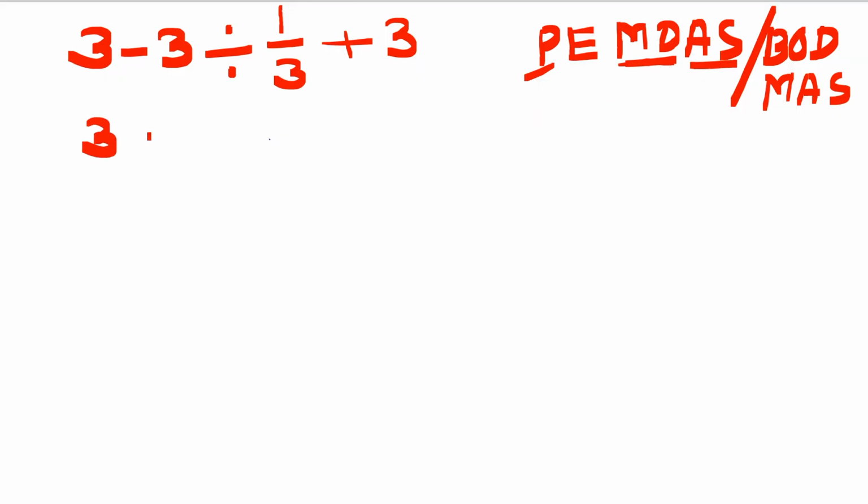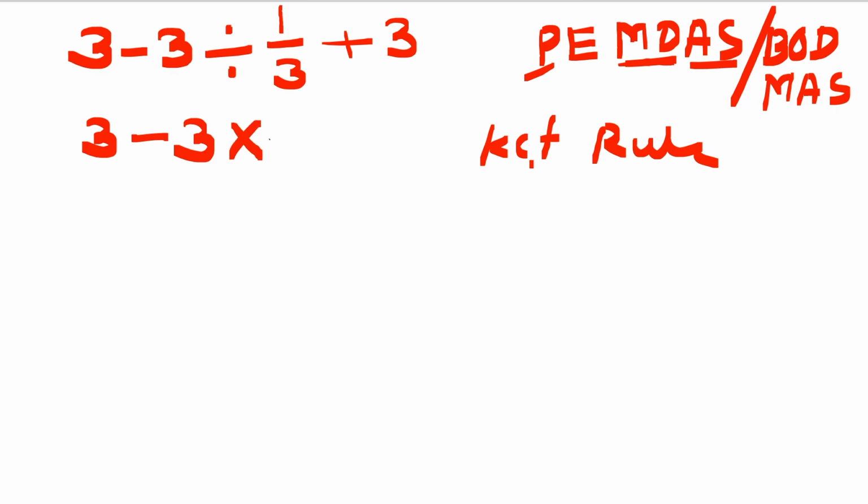So 3 minus, first we solve 3 divided by 1 upon 3. So we solve this with the KCF rule: keep, change, flip. So 3 keep, divided by changes to multiply, and flip 1 upon 3 to 3. Numerator goes to denominator and denominator goes to numerator, plus 3 and